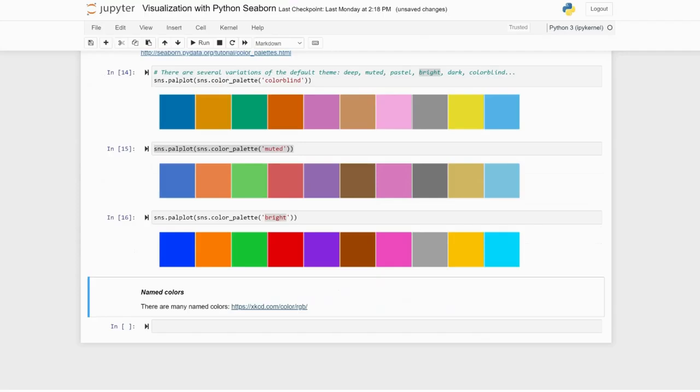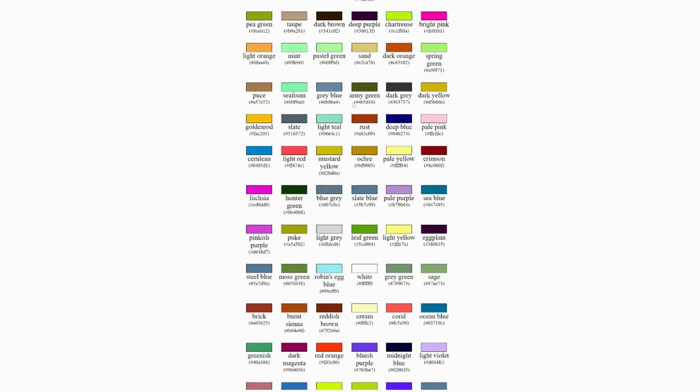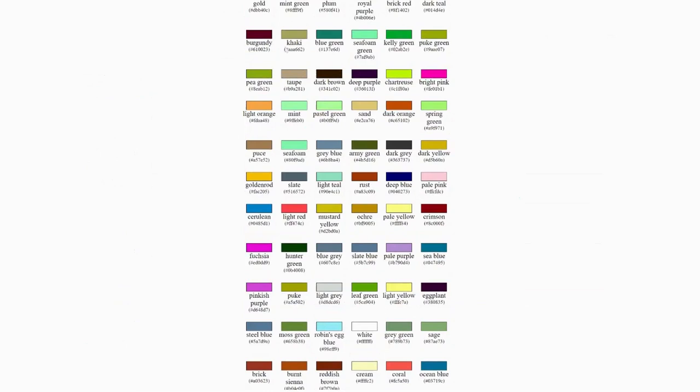So for the named colors, you can create your own palette that you want. As you see here, for example, for the bright theme, we have several colors, and if this kind of theme is selected, then the visualization will pick colors from this. So you can create your own palettes with some selected colors of your choice. You can say colors equal, then you pass a list of those named colors that you've selected from this website. You can say pig green, khaki, blue green, whichever you want to choose,